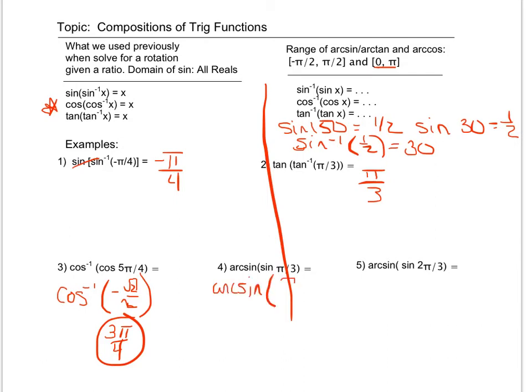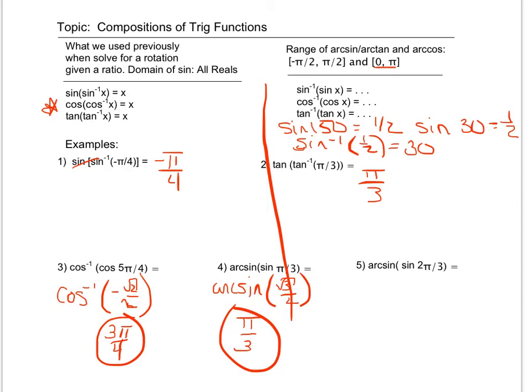Well, it's square root of 3 over 2. And then if I said, okay, how do I find arc sine of square root of 3 over 2? In other words, what rotation between negative pi over 2 and pi over 2 gives me a value of square root of 3 over 2 for sine, or for y? It is pi over 3. So either way, if you want, you can cancel, or you can always just be safe and